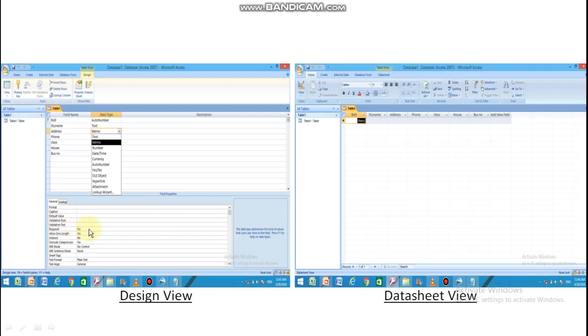We can do settings for the respective property from this pane. So the design view is that view where we design the structure of the table, and datasheet view is that view where we enter the data into the table.